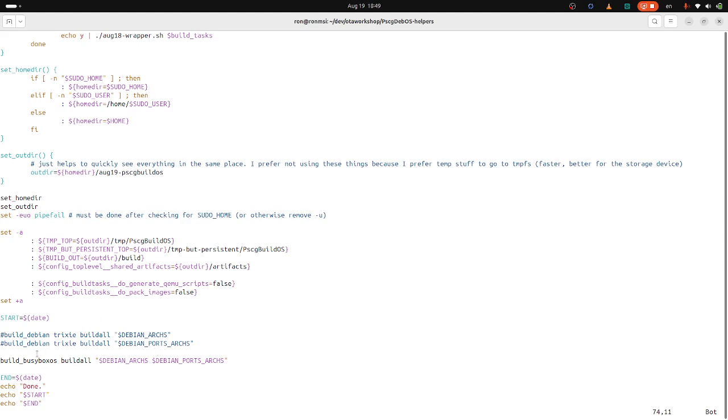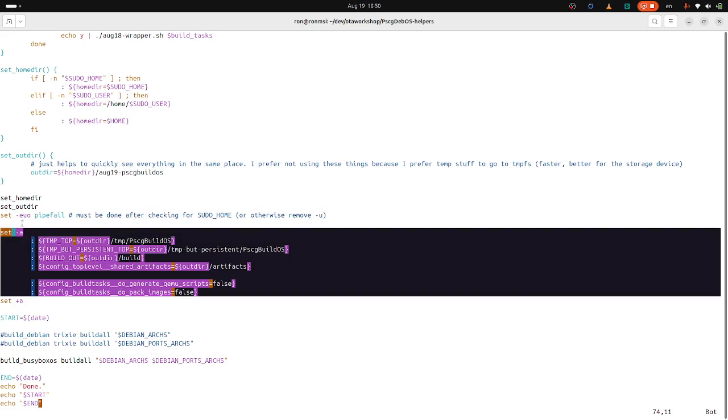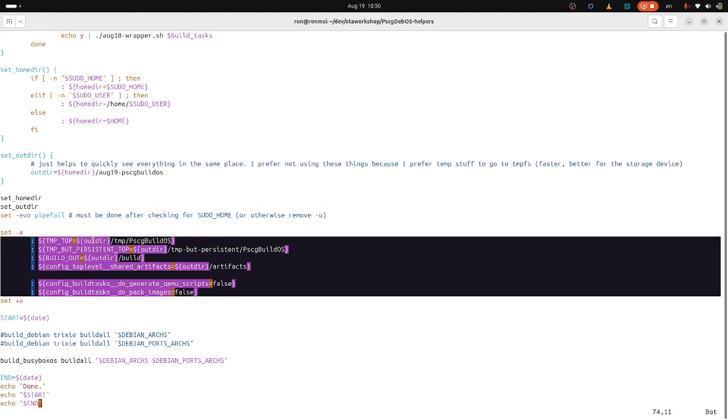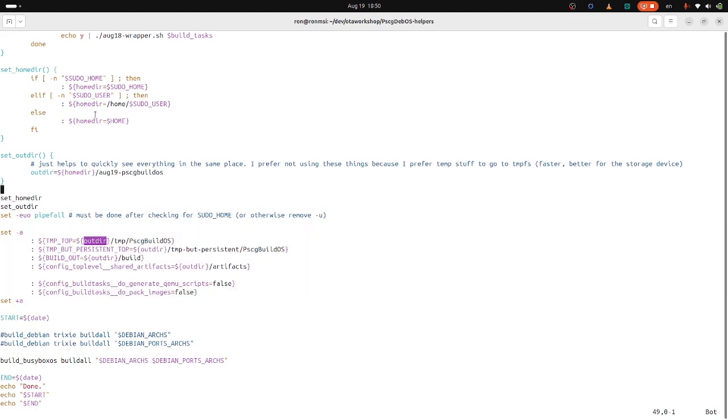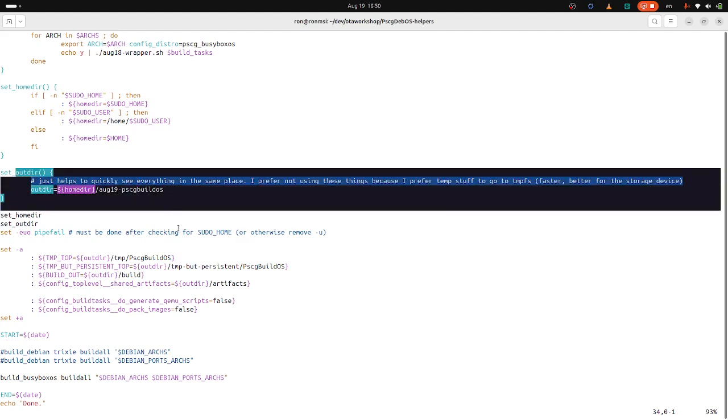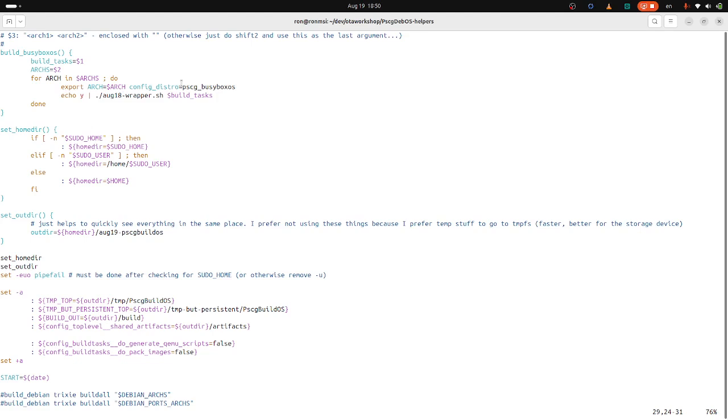And so I just did a build for all the architectures, chained. I put them in another directory, the out directory. I just made this code to write it and build busybox. I just say that the config is PscgBuildOS, the arch is arch, and the main idea here is to quickly test the kernels. And I think I definitely showed it a couple of years ago in some meetup recordings or addendums. I absolutely show it in the PscG training, but I think that